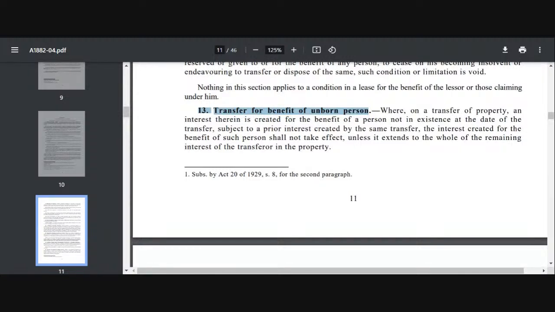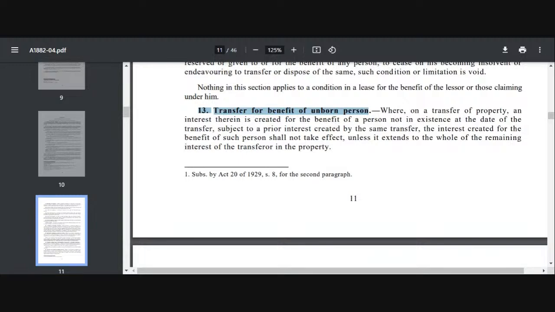Now section 1 पढ़ना है, section 3 पढ़ना है, section 5 and 6 पढ़ना है. 5 and 6, आप 7 और 8 भी पढ़ सकते हो, 9 में भी ओरल ट्रांसफर है, पढ़ लेना. 10 पढ़ना है. उसके बाद आप डायरेक्टली आ जाओ 13 पे. 13 क्या बोलता है? ट्रांसफर फॉर बेनिफिट ऑफ अनबॉर्न पर्सन,